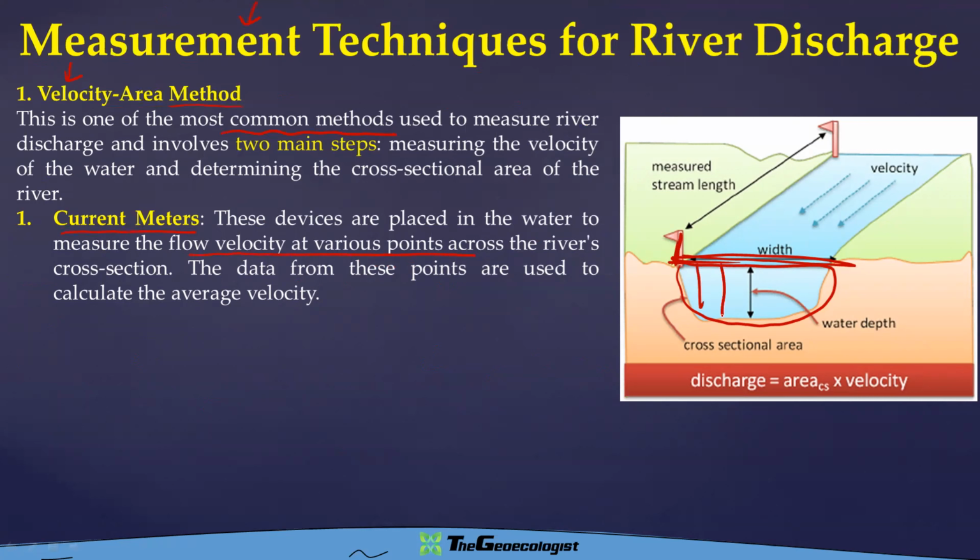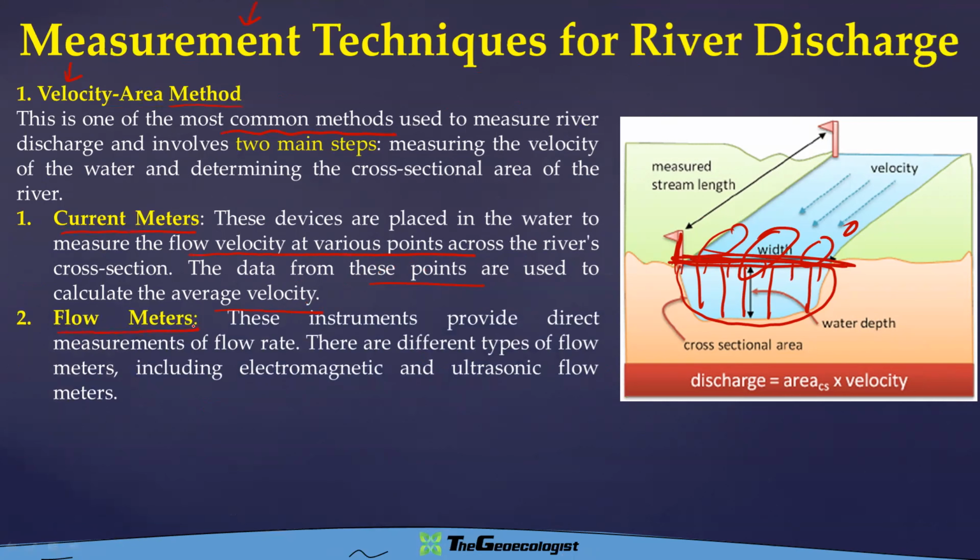So if you see, if I divide this into several segments, at each point the velocity will be taken, and data from these points are used to calculate average velocity, right? Remember, the river will not have same velocity in each point, right? So that's why we will have to do this current meters. And then you have something called flow meters. These instruments provide direct measurements of flow rate. So there are different types of flow meters, including electromagnetic and ultrasonic flow meters as well, because of advancement of